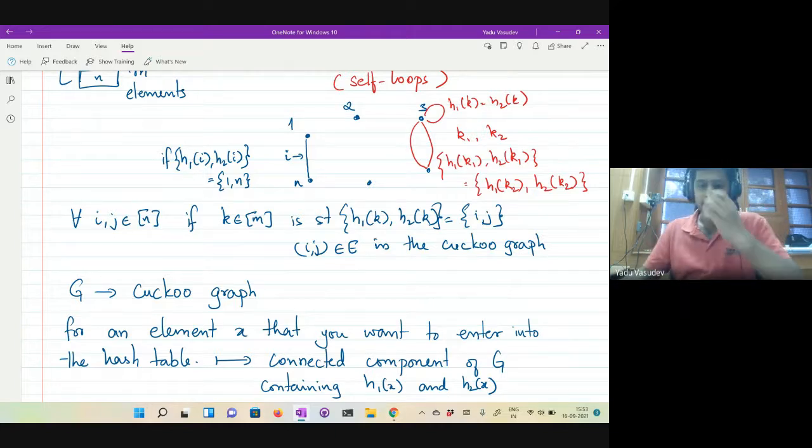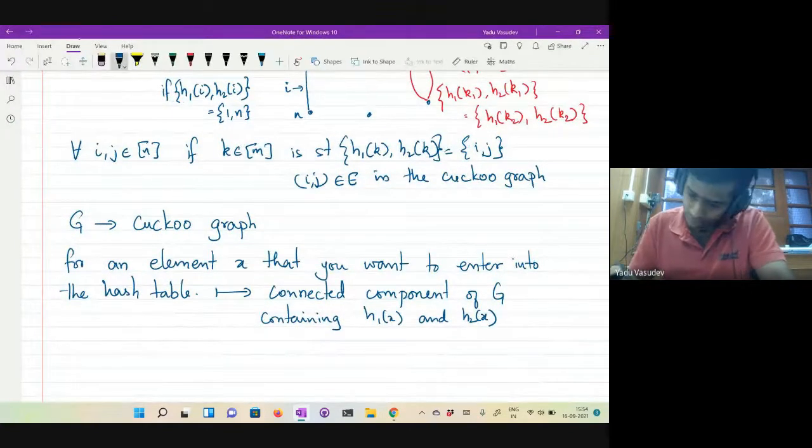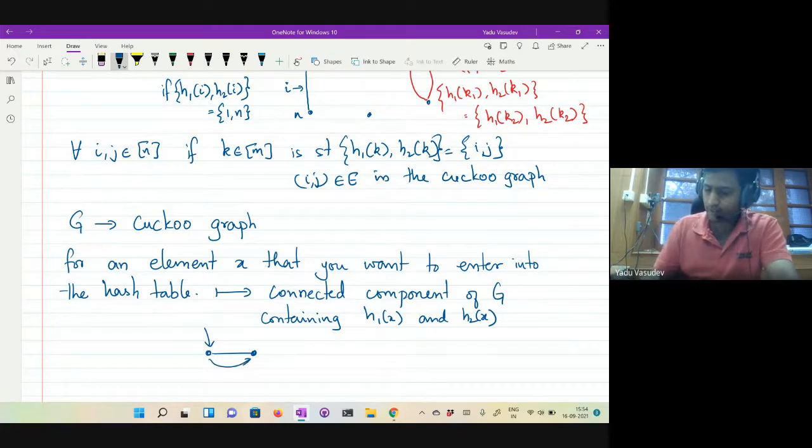because this connected component is telling you, when you have an edge and an element that is getting mapped here, the edge tells you where this element can be moved, right?